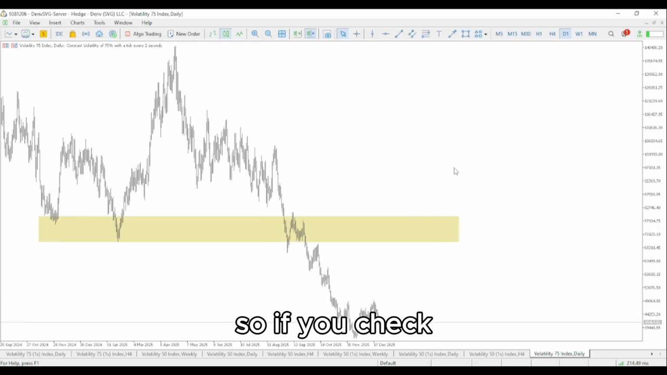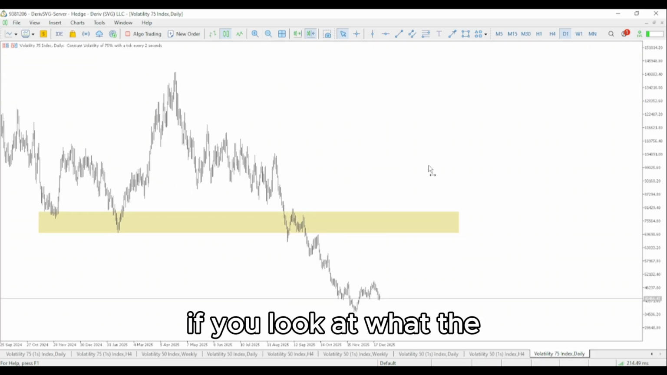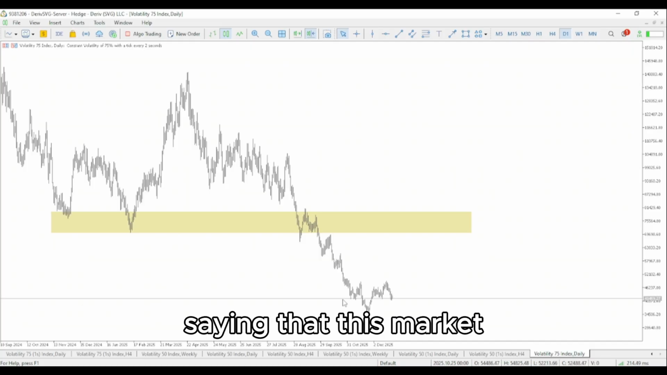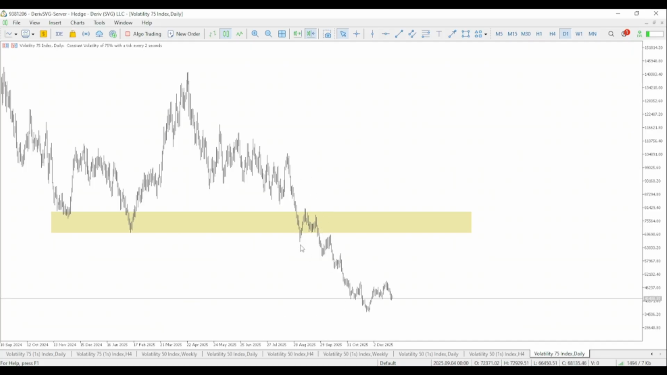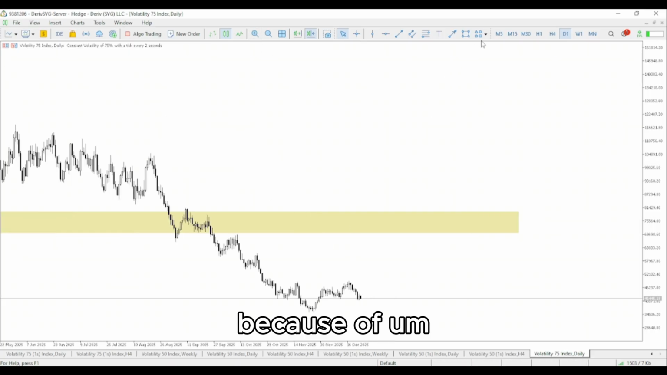You understand? So if you look at what the daily time frame is saying, this market has been on a downtrend. You can see it was creating lower low, lower high, lower low, lower high, lower low, lower high, lower low, lower high, lower low. And price came to create a higher high here, and a higher low, and a higher high. But unfortunately, the market has fallen back. Why did the market fall back? It's basically because of this